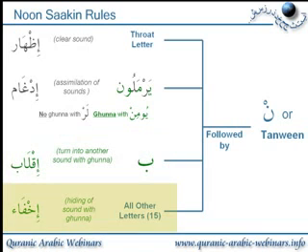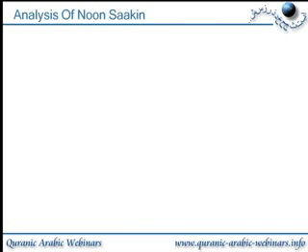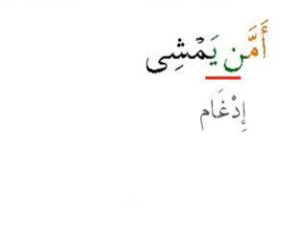And all other letters, i.e. 15 of them, if they follow Noon Saakin or Tanween, we do Ikhfaa, which is hiding of the Noon Saakin sound with the Ghunna, which effectively is making sure that you're getting ready for the articulation point of the next letter. So we'll do some analysis. So this is for Noon Saakin. So we have here